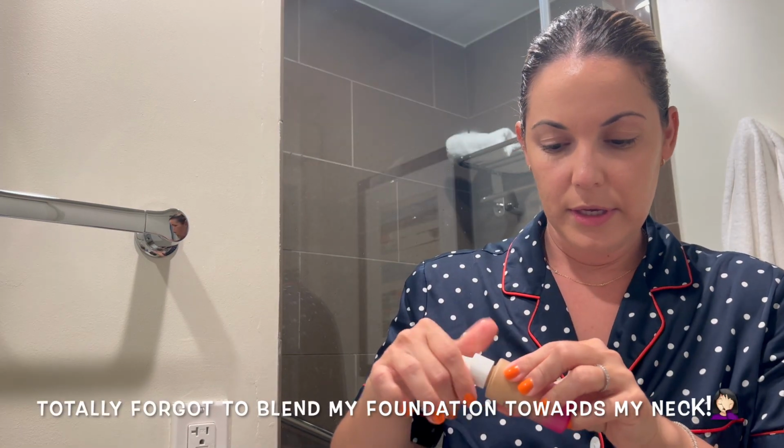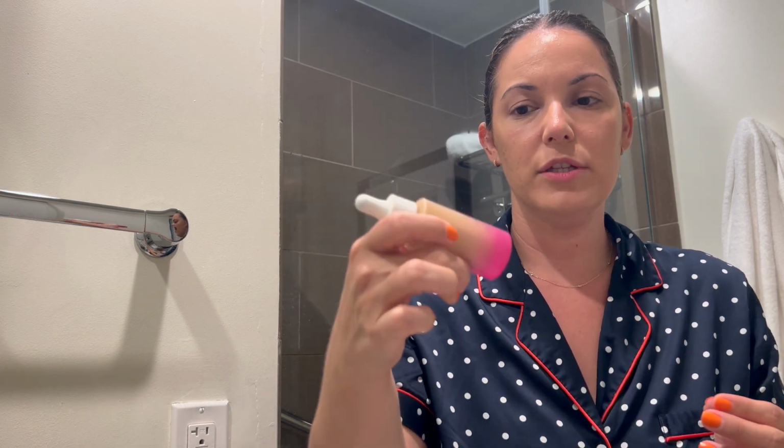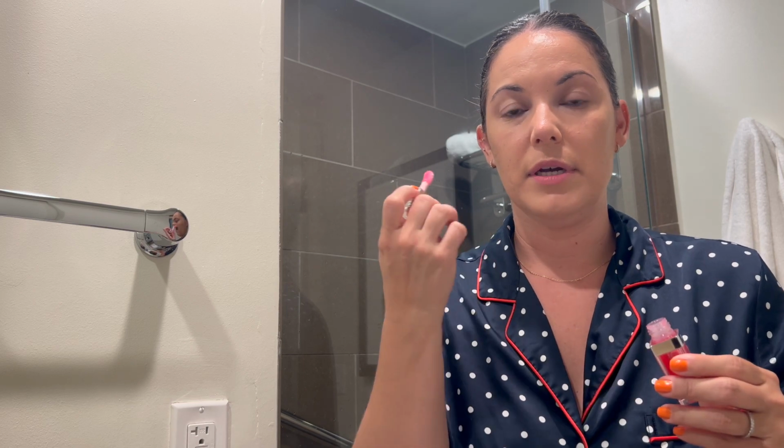I am using this Beauty Blender Bounce Skin Tint. I actually went to Sephora the other day to look for my moisturizer. I use the Laneige moisturizer, the cream one, and I really love that one. And I was asking the gentleman that was there for some concealer. I actually went in looking for the Kosas concealer because a few of you recommended it over on my Instagram. And when I asked him, he told me about the concealer from Beauty Blender, and then he tried